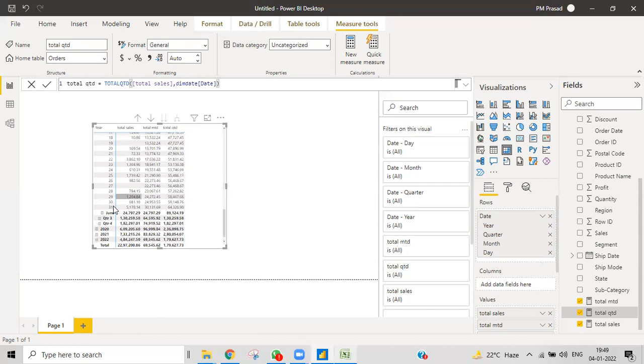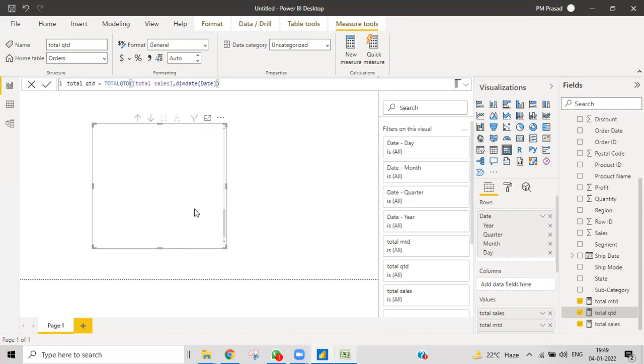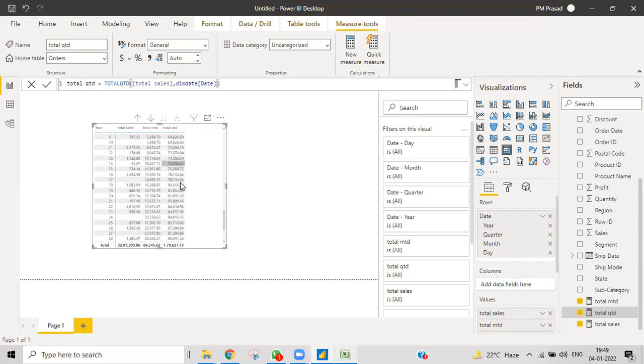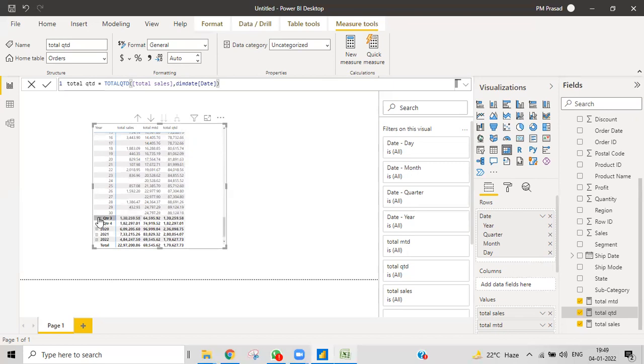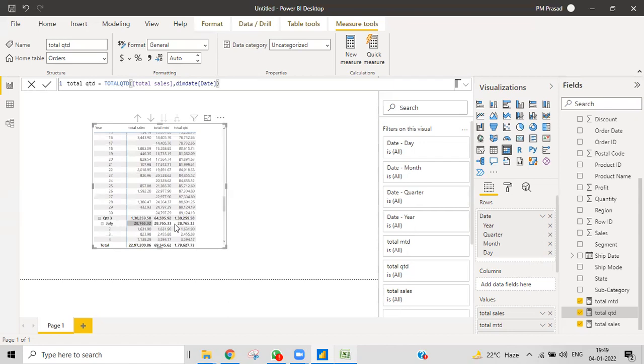It will continue until the quarter ends. Whenever the new quarter starts, again, MTD will stop at month end and QTD will start cumulative, and stop cumulative when the quarter ends.